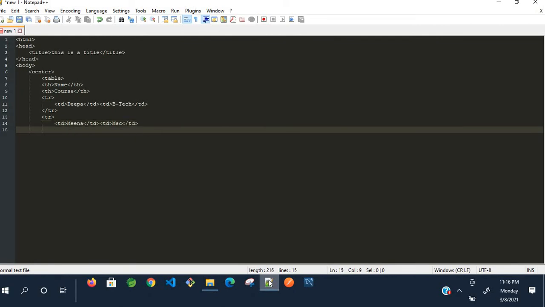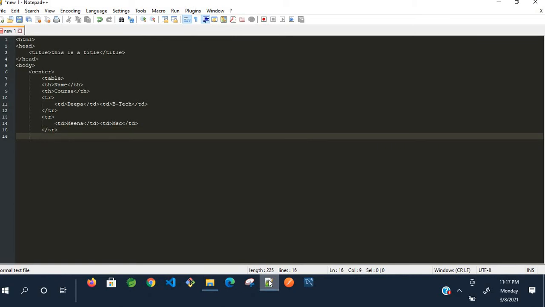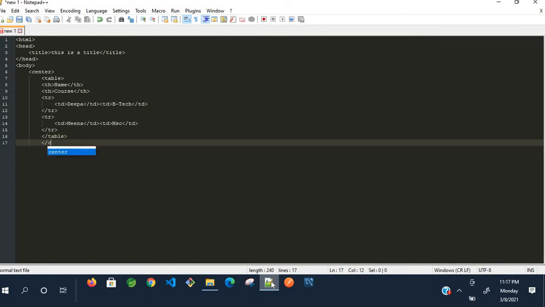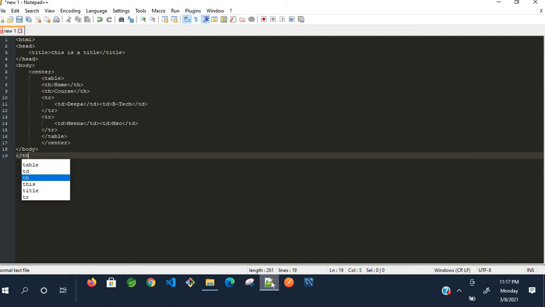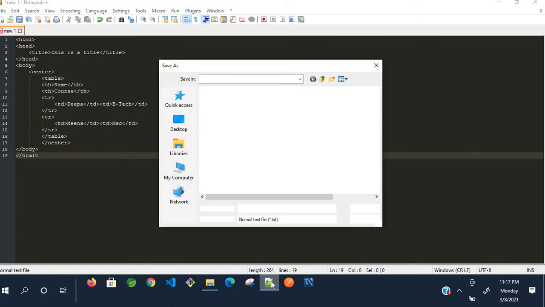The second row of data has been completed. Just close the table tag. Then close the center tag. Then close the body tag. Close the HTML tag. Then save this file.